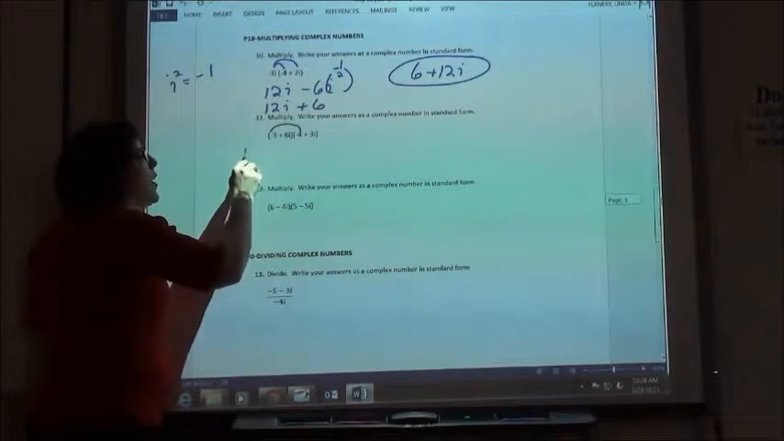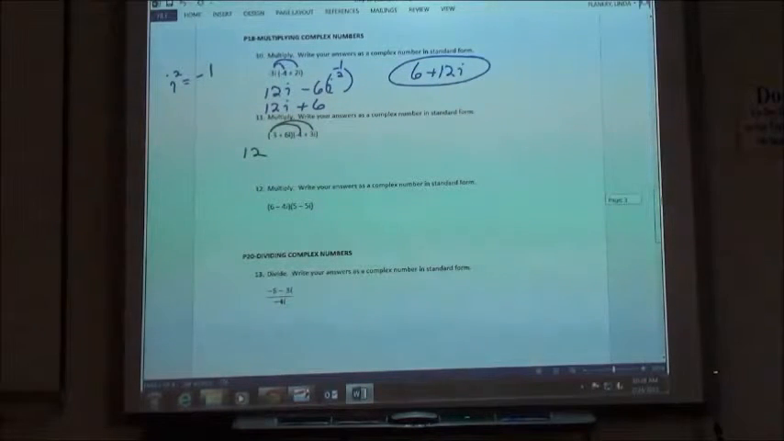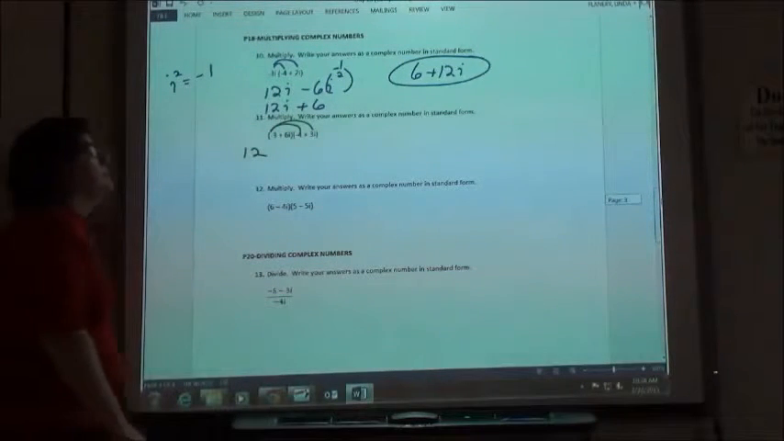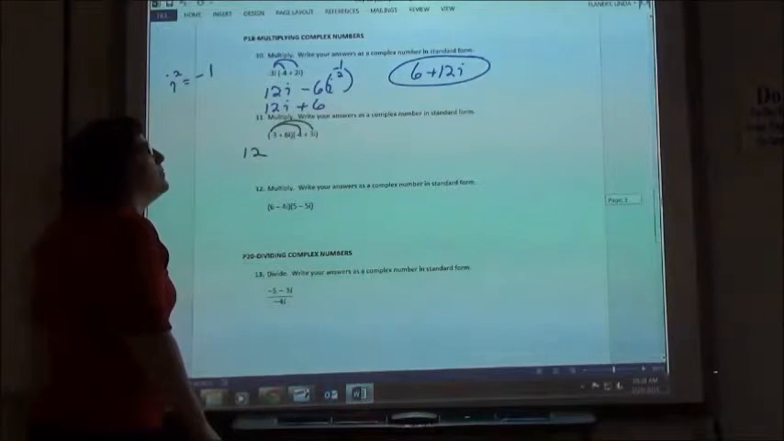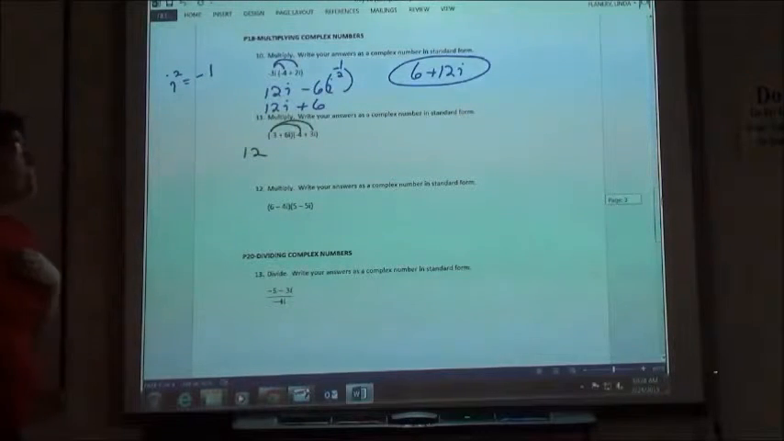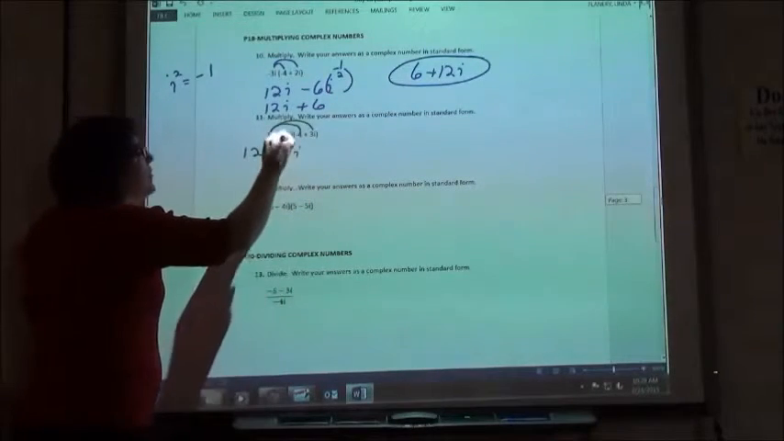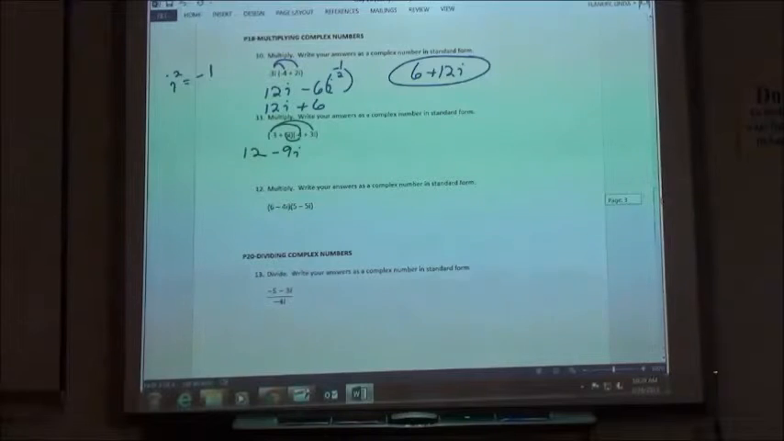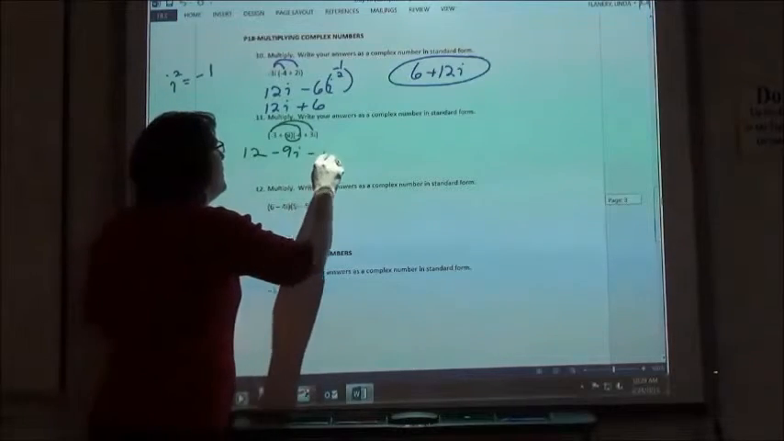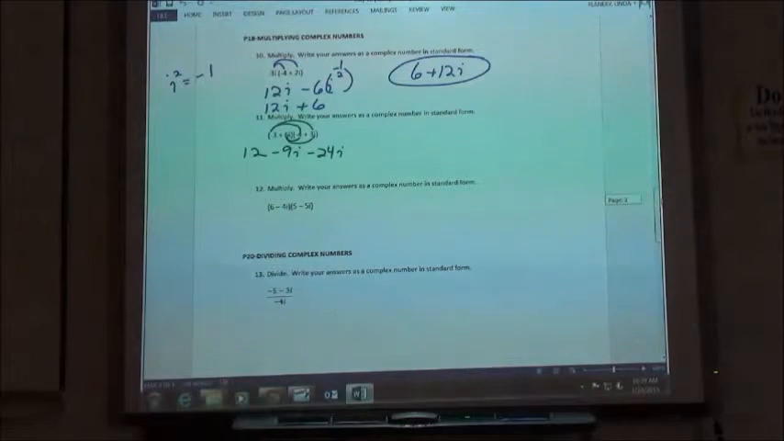That's going to be 12. Then we're going to take the negative 3 times the positive 3i. Negative 9, which is negative 9i. And then we're going to take the positive 6i times the negative 4i in the middle. Negative 24i. And then we're going to take the positive 6i times the positive 3i. Positive 18i